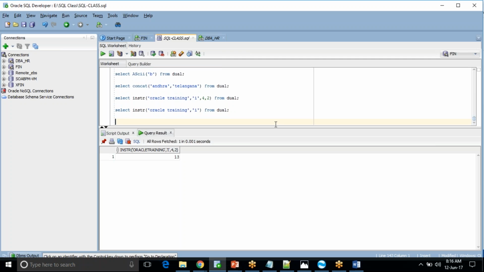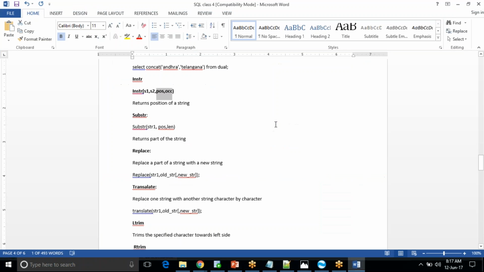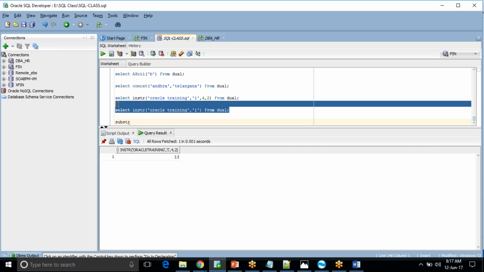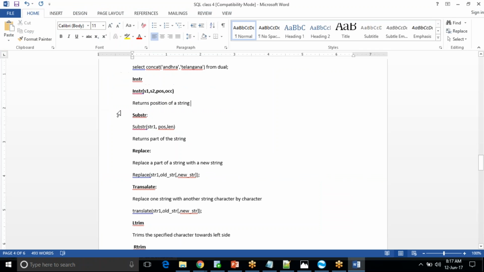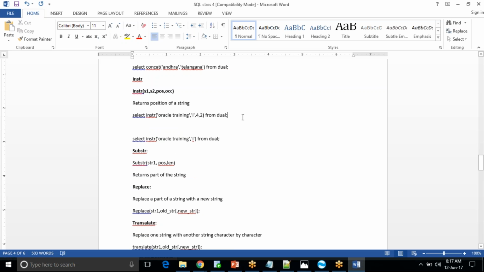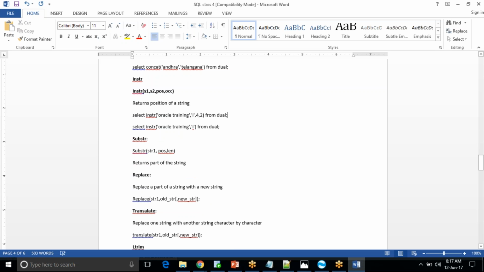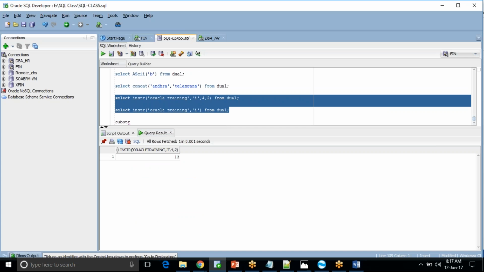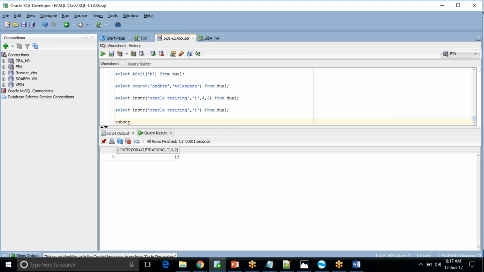So the next is SUBSTR. INSTR gives us the position of a string, whereas SUBSTR will give us a substring from a main string. It will take some substring out of the main string and produce it as a result. Let us say, select SUBSTR of, and here I am giving 'Oracle training',